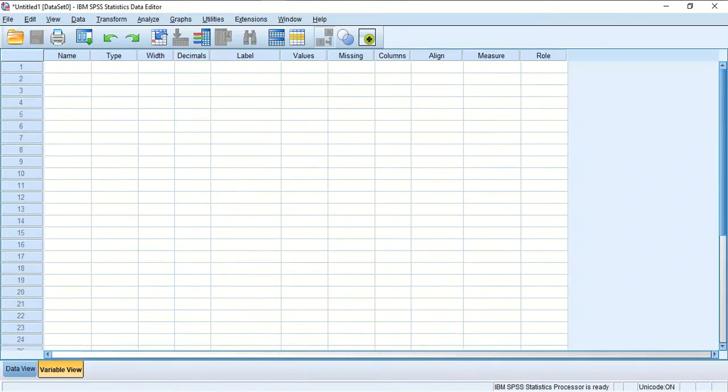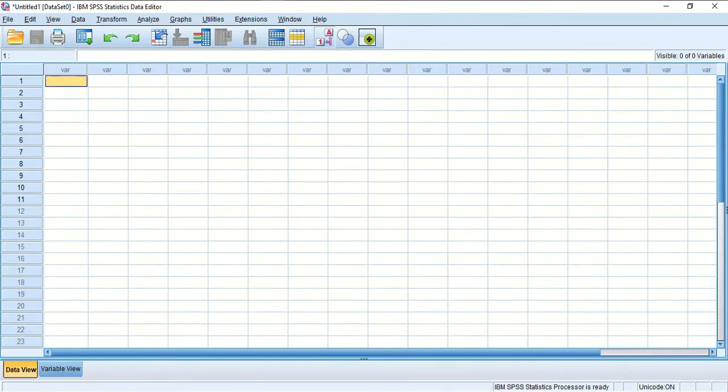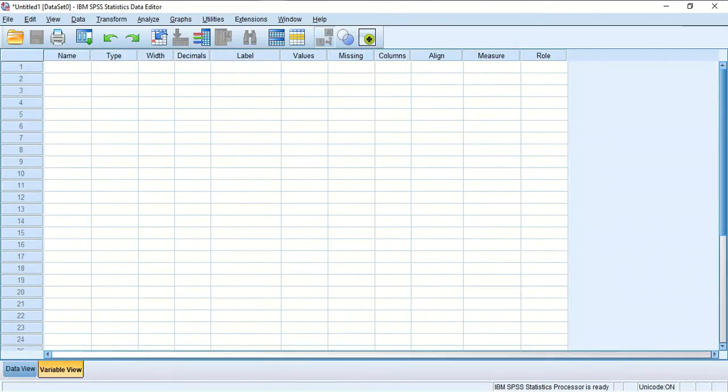The variable view is where you input your variables, describe your variables, what kind of variables they are, while the data view is where you input values to those variables you've created. So let's be practical. In the variable view, we have the name, type, width, decimal, label, values, missing,